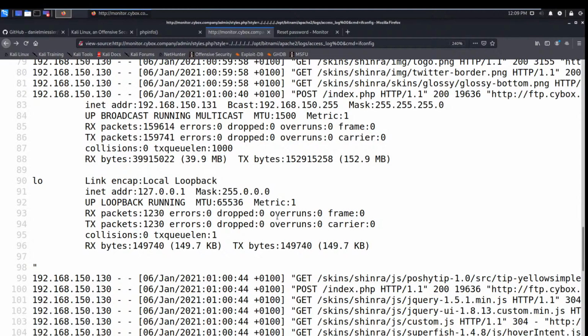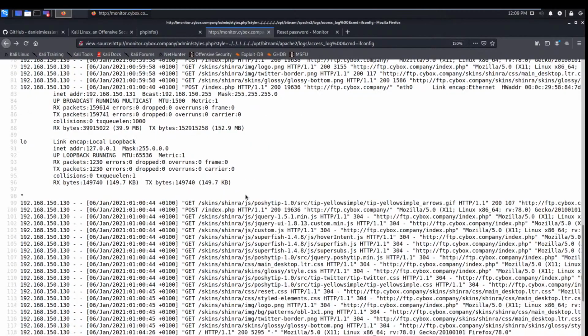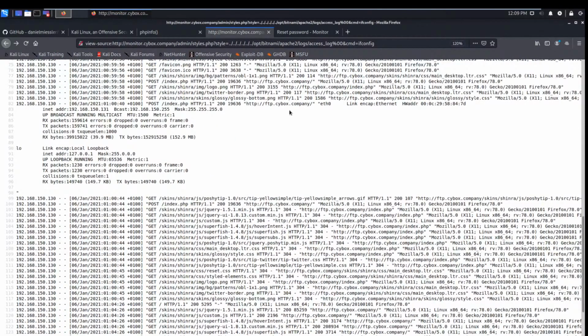Again, it's not an SQL injection, guys, it's a command line injection, which interacts directly with the operating system. Okay, now